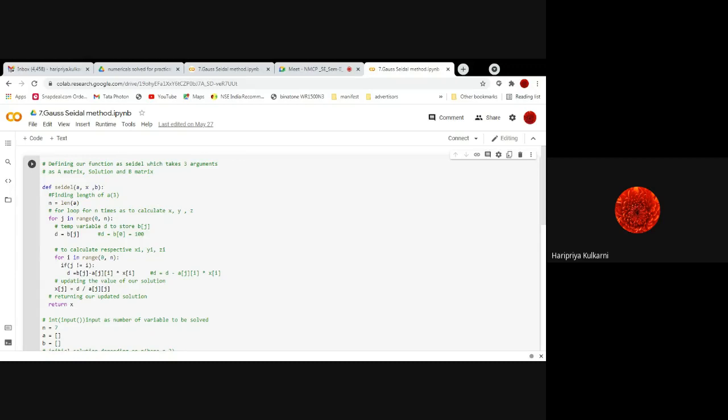So it will come down to for j in range 0 to n. Here our n is different, below n is different. The n written below we have taken for iterations, and the n here in the function we have taken to be the length of matrix A, which is 3. So it is going to work for 3. So the outer for will work for 0, 1, 2 and the inner for will also work for 0, 1, 2.